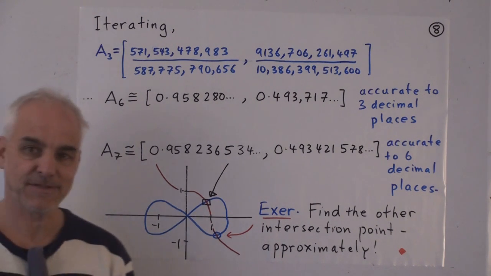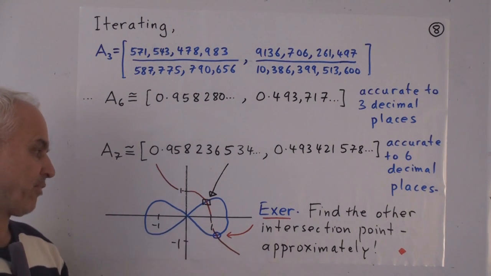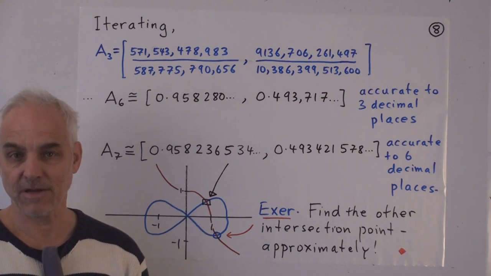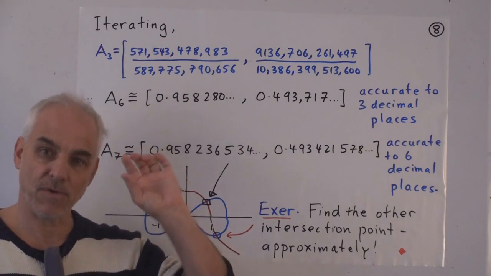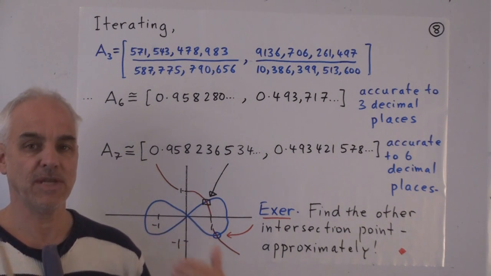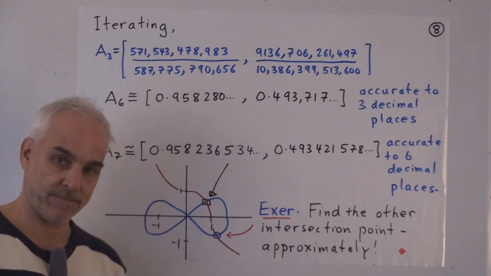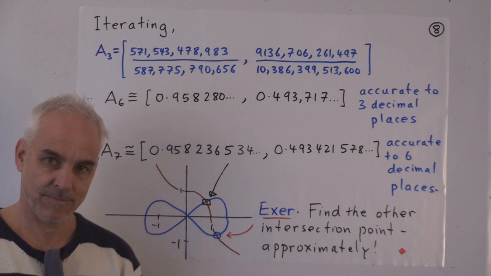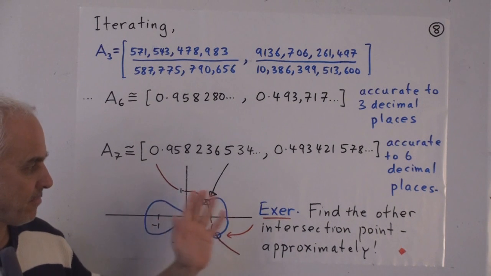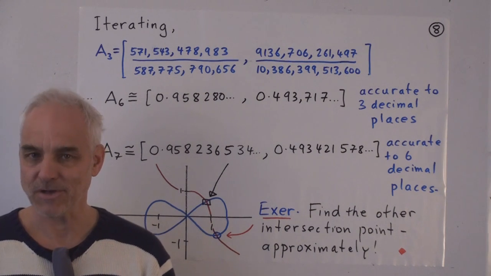Okay, so this is a rather advanced application. I'll give you an exercise if you like and want to practice. You can see if you can find that other intersection point, the one down here, using similar kind of technology. So the basic equations for the tangent planes that I wrote down, or the tangent lines in the two-dimensional picture, that's really all that you need to generate this iteration of getting from one approximation to the next one. Okay, so that's reasonably sophisticated. If you've been able to follow that, fine. If you haven't, don't worry too much.